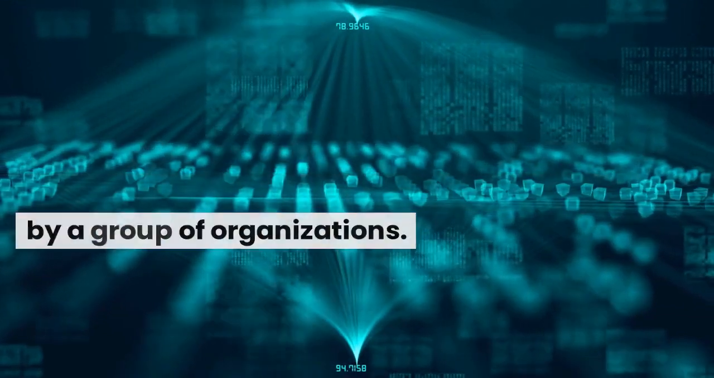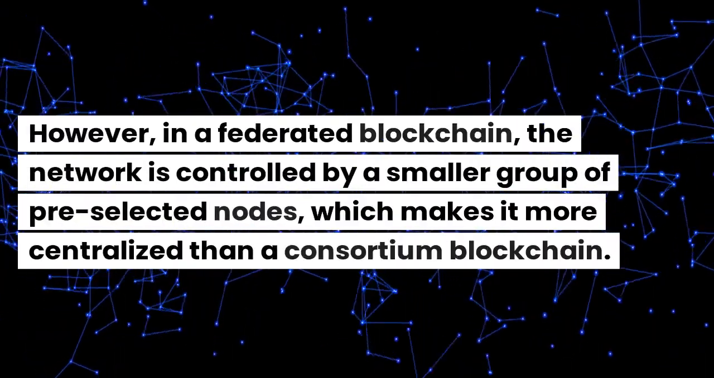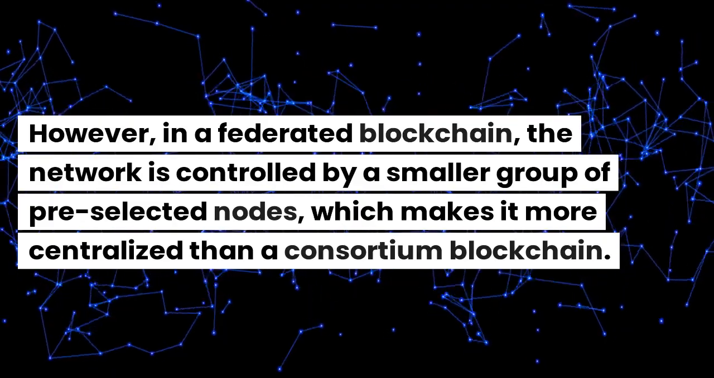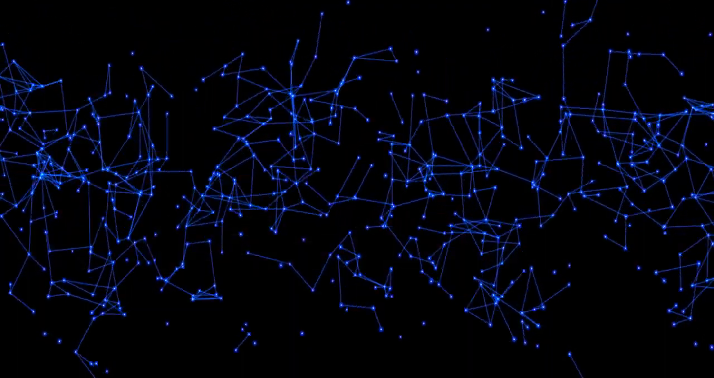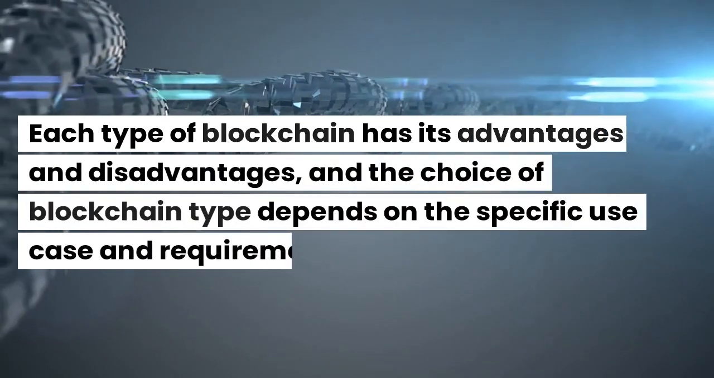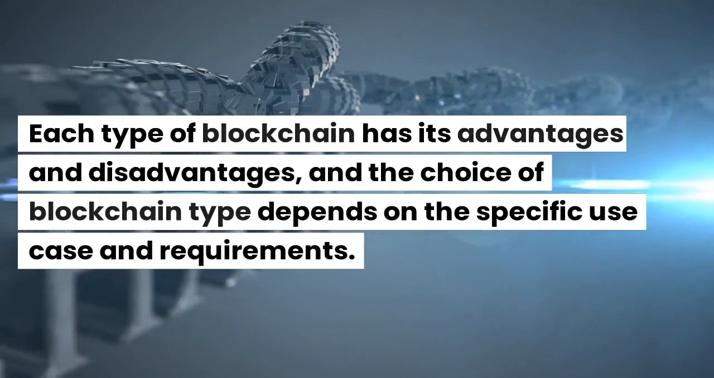Federated blockchain. A federated blockchain is similar to a consortium blockchain in that it is operated by a group of organizations. However, in a federated blockchain, the network is controlled by a smaller group of pre-selected nodes, which makes it more centralized than a consortium blockchain. Each type of blockchain has its advantages and disadvantages, and the choice of blockchain type depends on the specific use